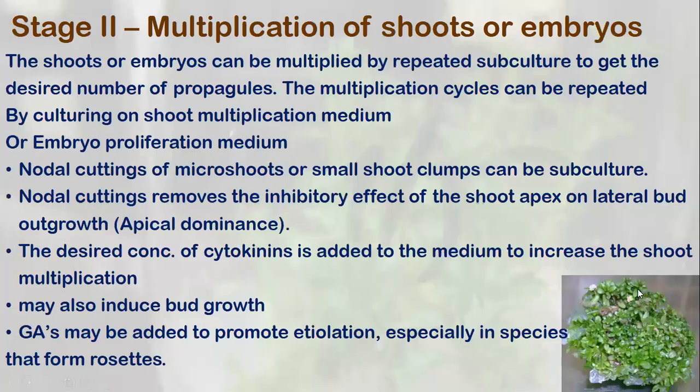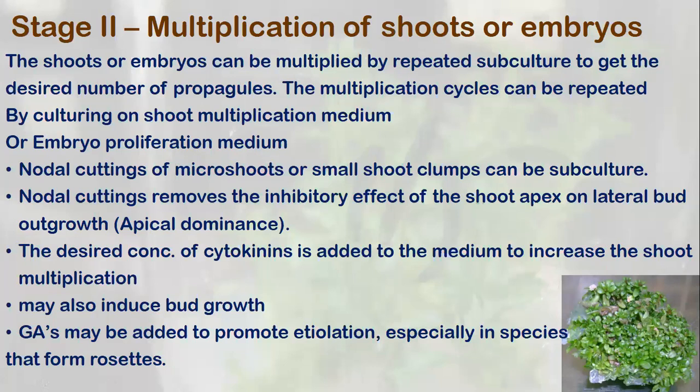So this is a big clump of eucalyptus shoots. We can just divide this clump and subculture this. And this clump may contain more than 3-4 thousand shoots in one clump. So a large number of shoots. But this luxury does not exist in all types of plants. If you look at the cultures of potato, they will look different. I will show you some other cultures maybe in the next slides. Please have a look at that also.